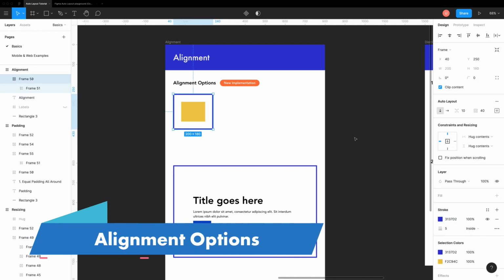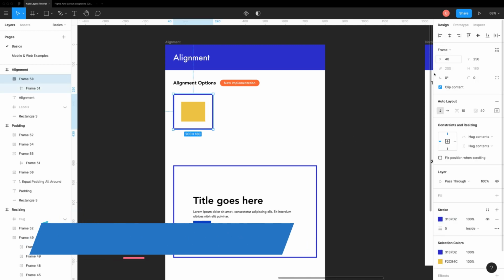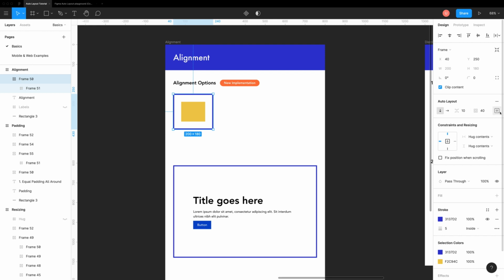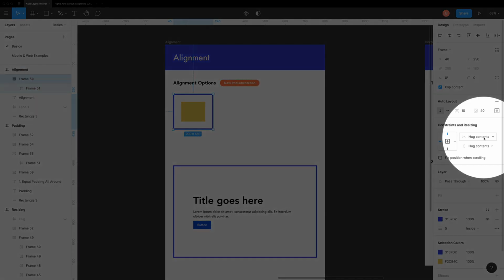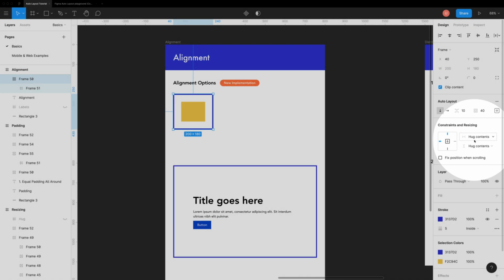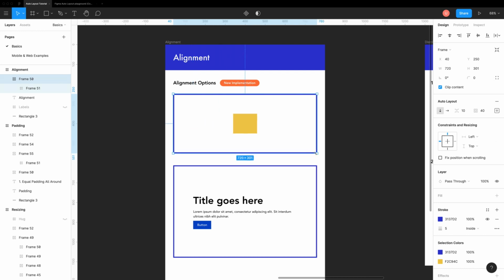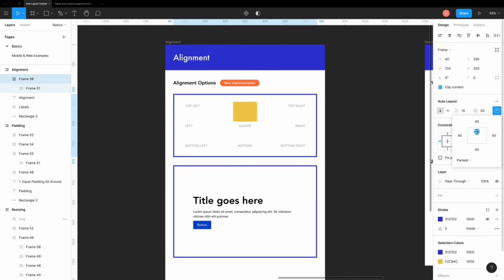Earlier, content alignment was here in the top section. Now we can access content alignment options by clicking on the same alignment and padding icon. It's useless when the auto layout frame is set to hug contents. It starts to shine when we manually set frame height or width. We have a total of 9 alignment points: top, right, bottom, left, center, top left, top right, bottom left, and bottom right. It affects all content pieces in the auto layout frame.